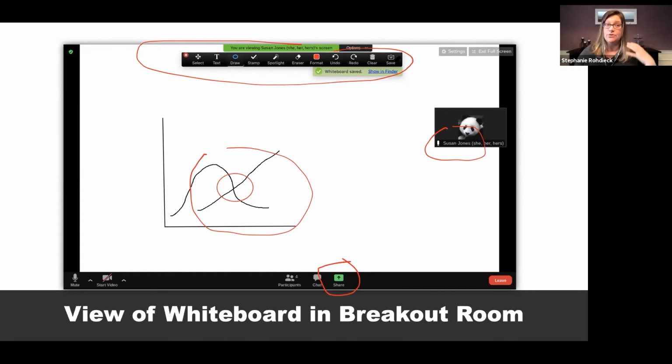Say you wanted them to map out or write, you can do text in here. See, there's a text button. They can type out notes in here. If you want them to save this, there's just a save button right here. I actually clicked the save, and it will save on that student's computer. They can't do this from a phone or an iPad, FYI. They can only do this from a laptop or a desktop. It'll save into the folders that Zoom creates and keeps on your hard drive. Okay, so they can do this.